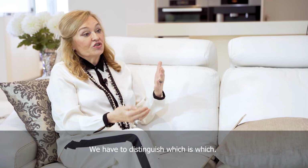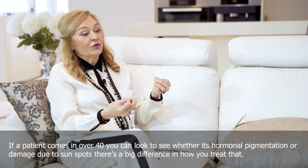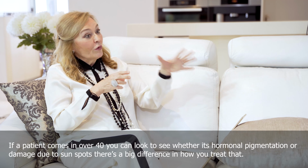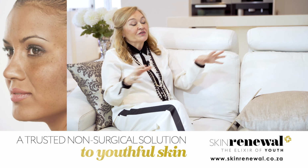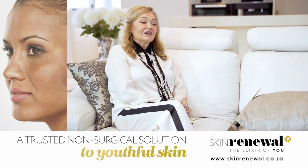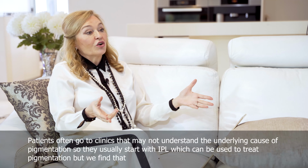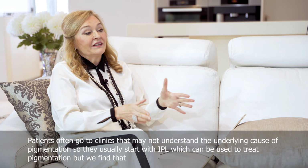So we have to distinguish which is which, and I tell my doctors that if a patient comes in over 40, then you can look to see whether it's hormonal pigmentation or pigmentation like sunspots, because there's a big difference in how you treat that. And lots of these patients go to clinics who think that pigmentation is pigmentation, and they don't understand the underlying causes of pigmentation. So they usually start with their IPLs, which can treat pigmentation, but we find that with